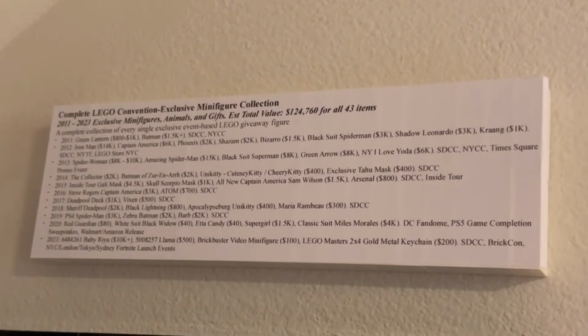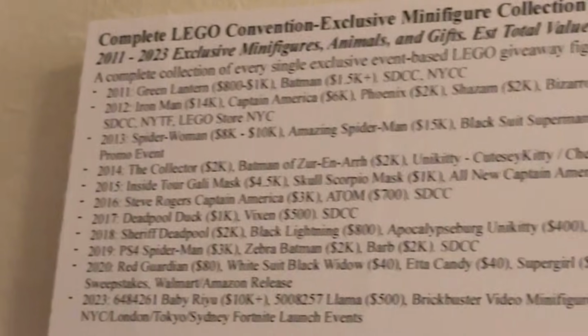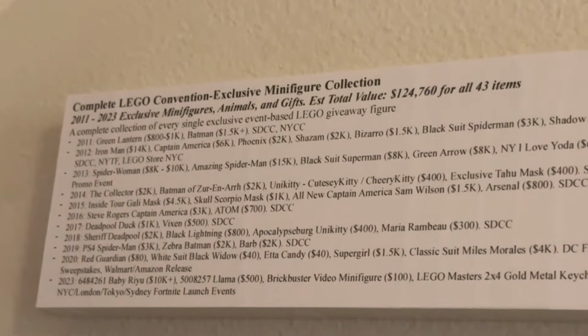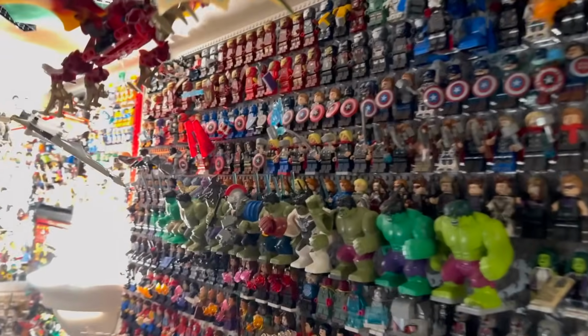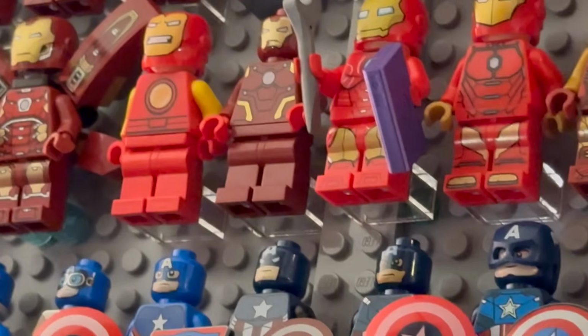You've got like the Captain America, the Iron Man, some of which are super expensive, Spider-Woman 8 to 10K, Amazing Spider-Man $15,000 for a single minifigure. So we have some of the rarest pieces, even Baby Ryu, the exclusive one from Ninjago. So there are some super rare pieces here, and you can actually see every single one already on the wall here. I'm not going to call out every single minifigure because we'd be here all day, but there's that Iron